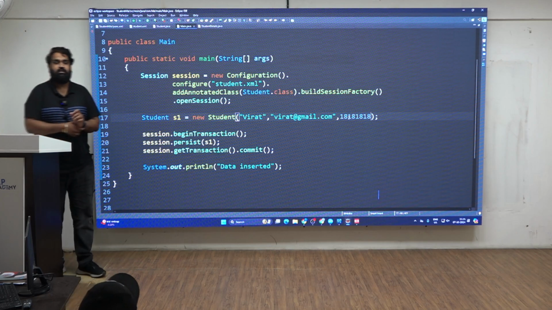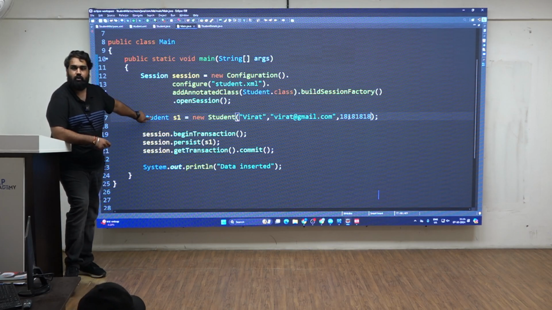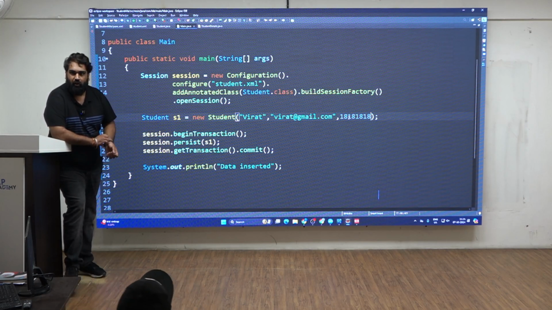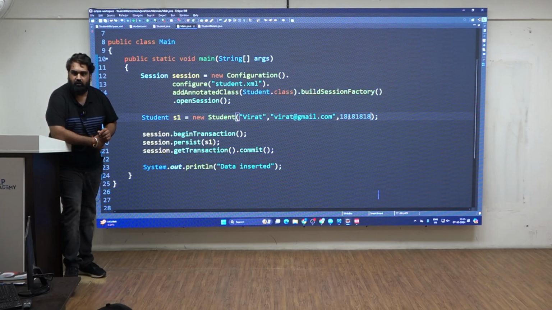So this is the details I want to insert into the table, but along with Virat, don't you feel Virat's address also I want to store? Or Virat's details also I need to store. But where do I have Virat's details? Do I have it? I need to create it now, sir. Will you agree with me? So I will